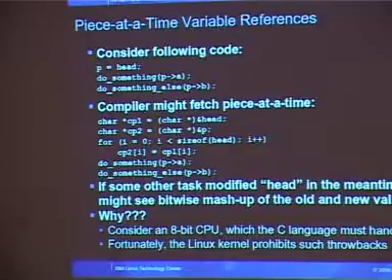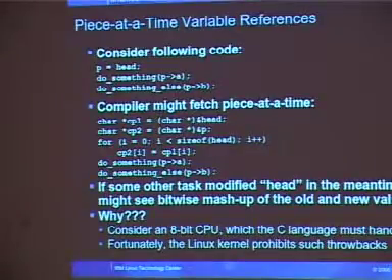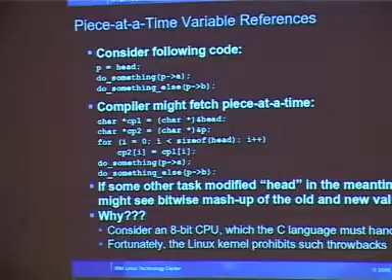C is required to work on those machines. Thank God the Linux kernel is not. So, again, not only does the standard permit the C compiler to do this, there are machines in which there is no choice. Yeah, Grant. But Linux is, in fact, doing that with 64-bit data structures and data. We have time as a great example of that, right? Where we have 32-bit architecture and 64-bit data. That's true.